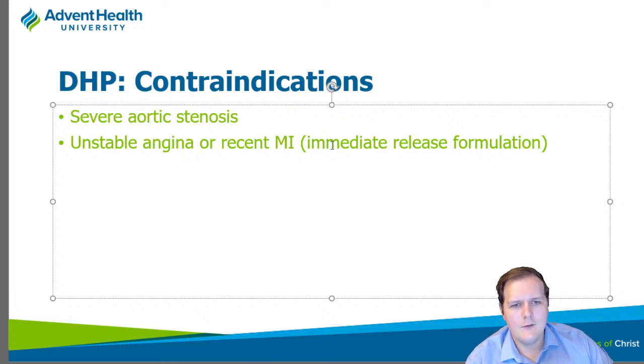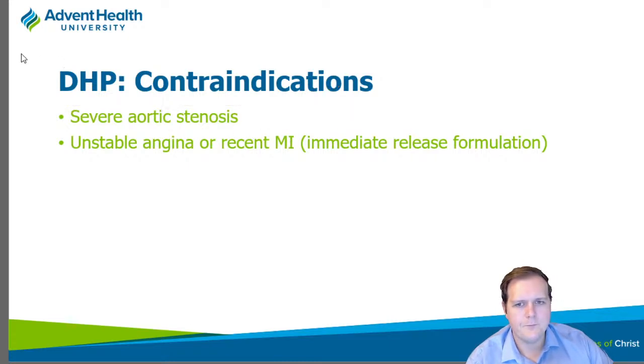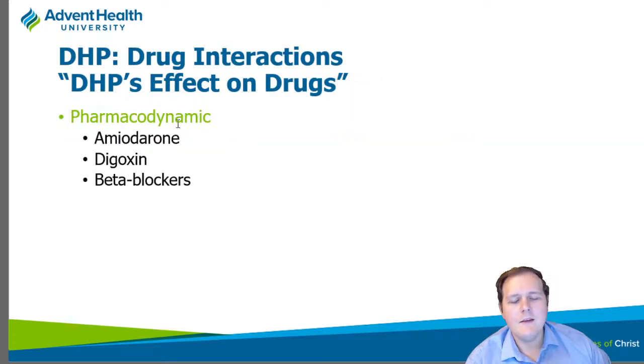But the big thing here is if you use an immediate release preparation, they typically cause big drops in pressure, and that can lead to decreased perfusion of the heart, which can exacerbate that MI. So that's why we want to be cautious there. So the big things here are that whereas the non-DHPs were inhibitors and substrates of CYP3A4, the DHPs are not